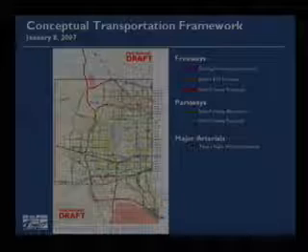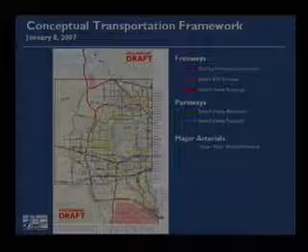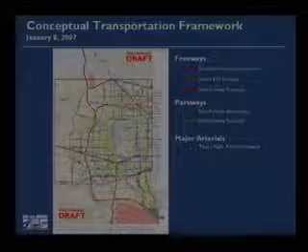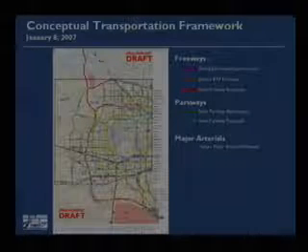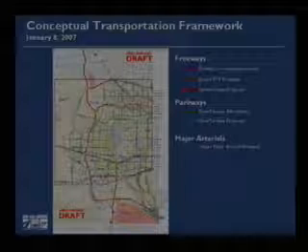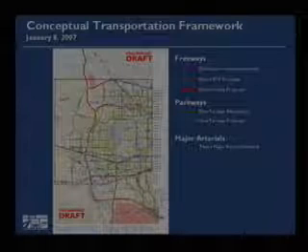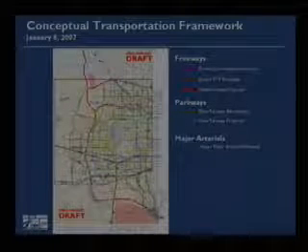But then we also have it wrapping around down there and then heading off the map towards, in the lower right-hand corner, it says to Interstate 8 or Interstate 10. We're not exactly certain where that may go, and that's the subject of the next framework study that we're doing called the Hidden Valley, and the City of Goodyear is participating in that project as well.